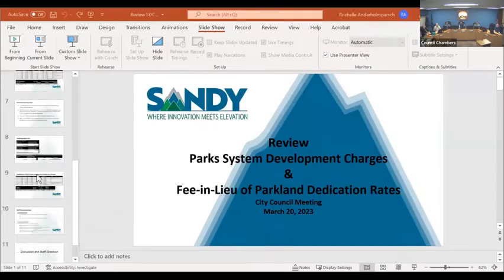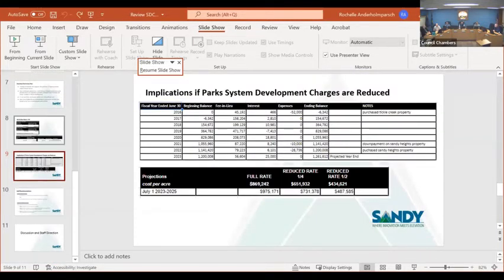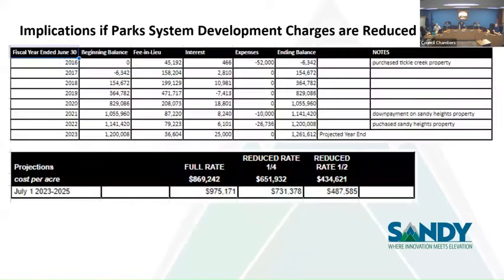Can you go back 2 slides for me? Sorry, Rochelle. More of that overview chart. I just want to make sure I understand what I saw here. It's the fee in lieu fees. Second to last slide. Yeah, that one. So annually, that fee in lieu column is how much money was received from fee in lieu annually, right? So in 2016, 45,000. And then 2019 is a high point, 471,000.